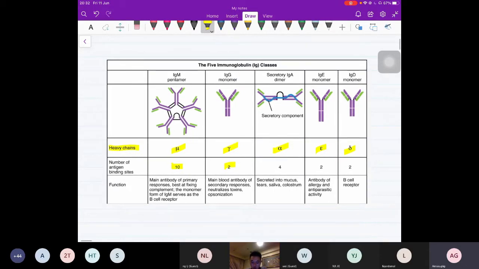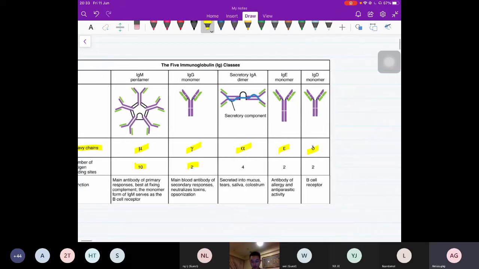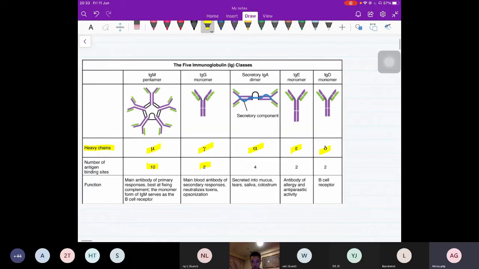The functions of IgM you don't really have to know, but it is good to know because if they talk about a pentamer during your exams, you know it's IgM. And then IgD. This will help you in your understanding a lot because this was a part where a lot of people got confused when we were studying for infectious diseases. So IgD is an immunoglobulin, but it functions as your B cell receptor. This will be important later on when we talk about